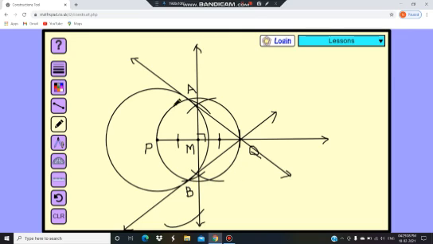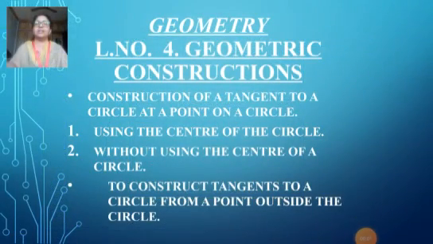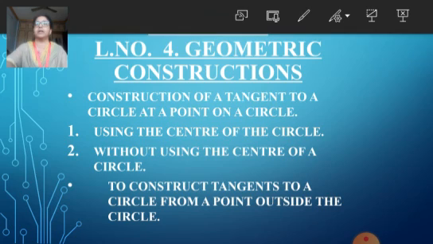Now based on that, sum number 7 is there. So students, you practice that sum on your own, and if you have any doubt you can ask me. Okay students? So students, today we saw how to draw a tangent without using a center, as well as how to draw a tangent from a point outside the circle. Based on that, I will give you the assignment. Complete your assignment. Keep the assignment book ready. If you have any doubt, call me between 10 to 1 and do your work properly. Okay students?